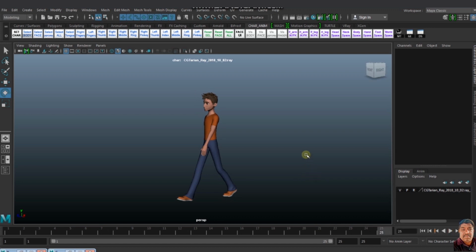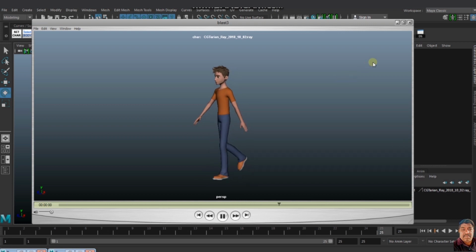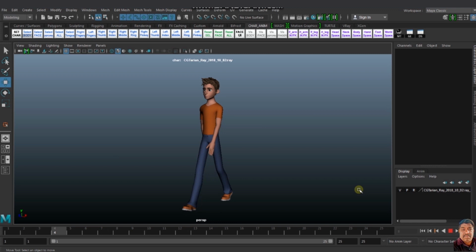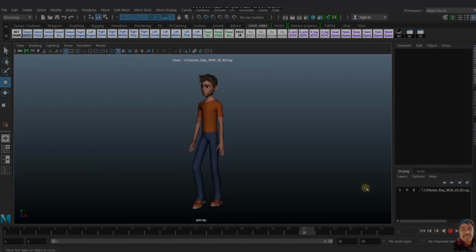So in Playblast you can see the motion. I also make a head movement. I have done some head movement and scaled down the head movement also. So this is my work cycle, and if you make another type of work cycle, that's also possible. But the basic idea is that.